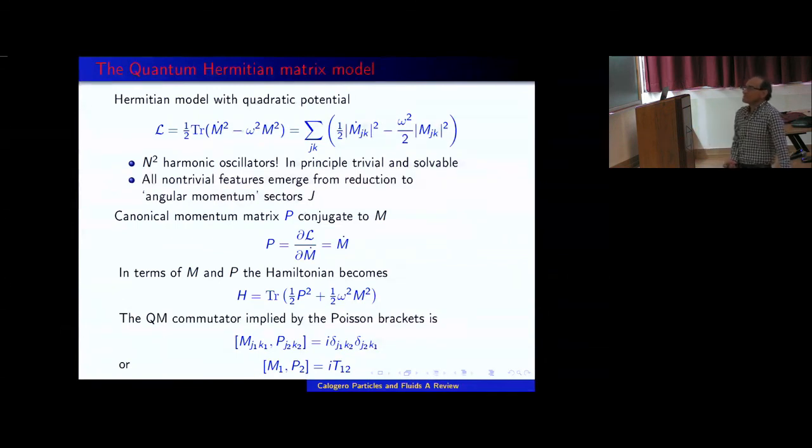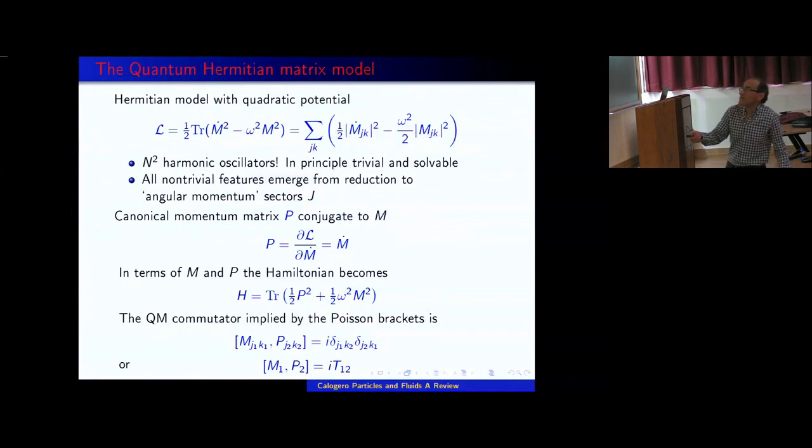First of all, we define the canonical momentum matrix, which is M dot as before. We define the Hamiltonian like that. And now we quantize the system by promoting this matrix and its momentum into operators. The matrix and its momentum satisfy the standard commutation relations, and this structure here tells you that the matrix element of M and the matrix element of P commute in that form. There is a delta function between this index and that index, and a delta function between this index and that index. And here I will introduce a convenient notation.